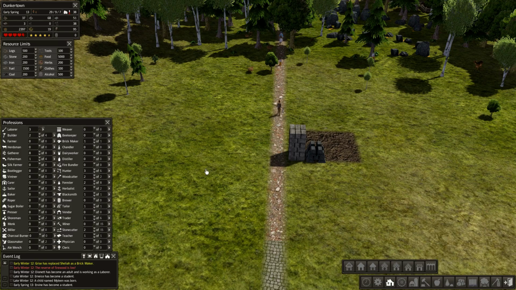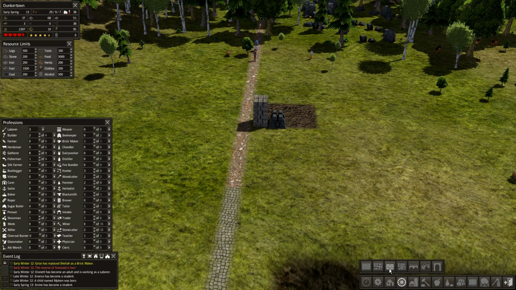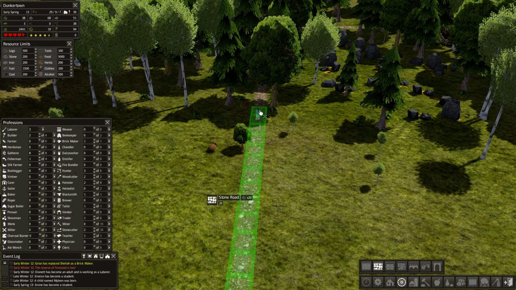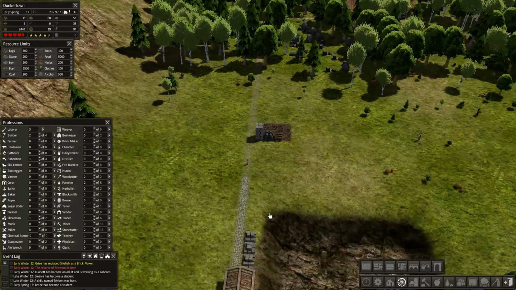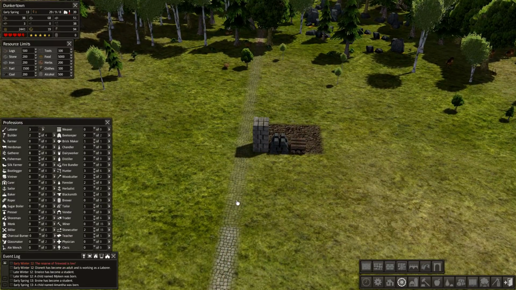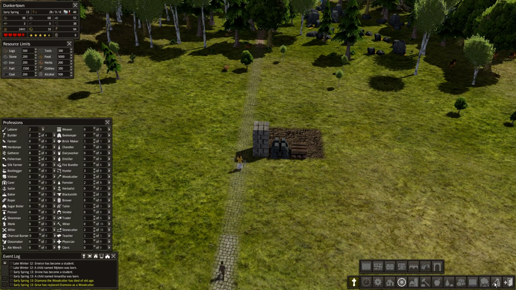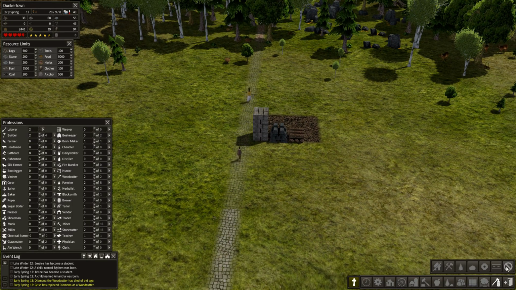Okay. I think we can justify spending some stone. We got 68. We're just going to keep doing stone road. 20 stone, that's not a big deal. I wonder if while it's being constructed, do we still get the bonus of the dirt road that used to be there? And also, if I cancel road,